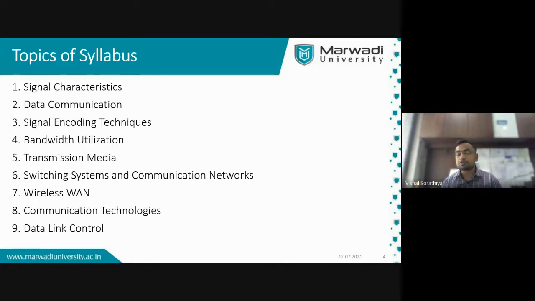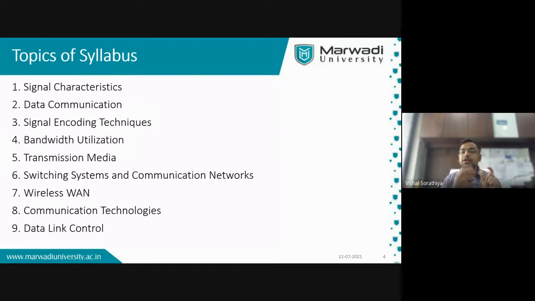This process, where multiple users can use a common bandwidth, is known as bandwidth utilization. The end-to-end communication band required is very large, but the users are very small.